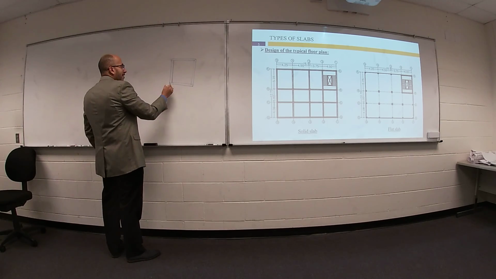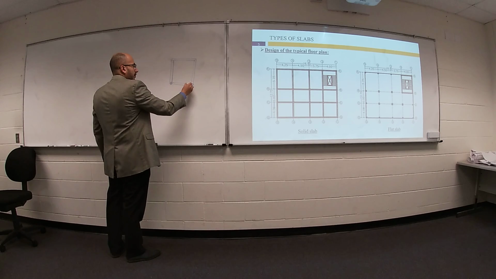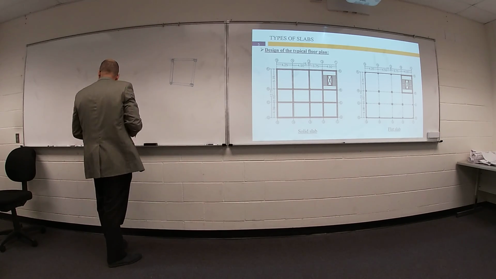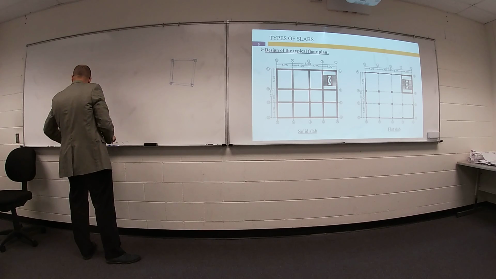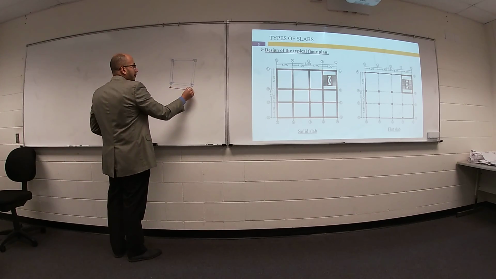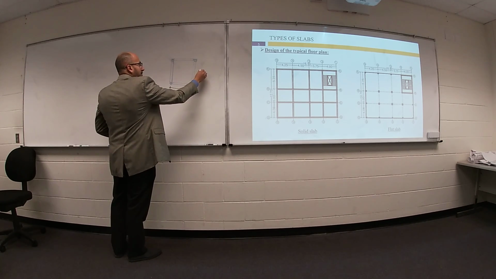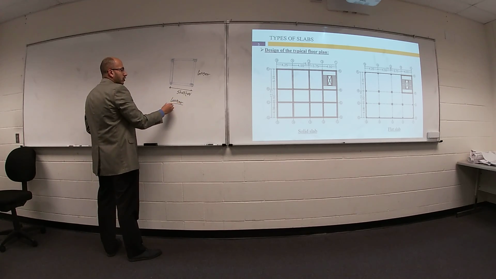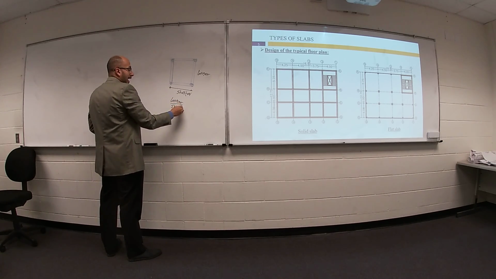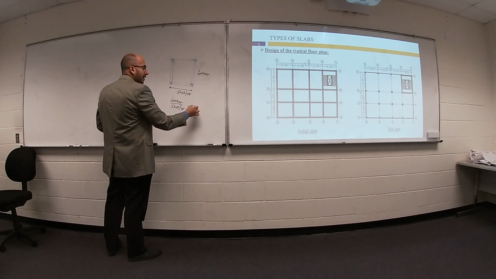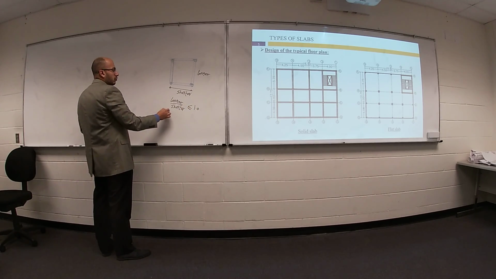We have columns, we have beams at each corner. So you have a shorter span and a longer span. If you divide longer by shorter, and your value is smaller than or equal to 2, you are talking about